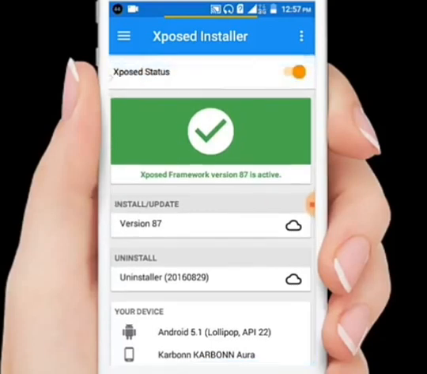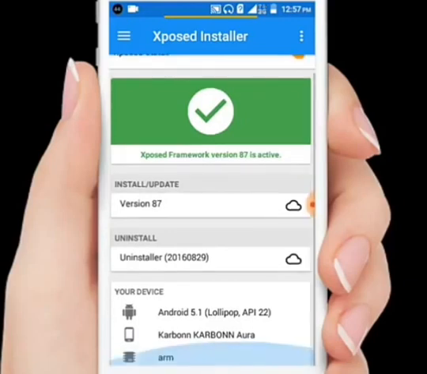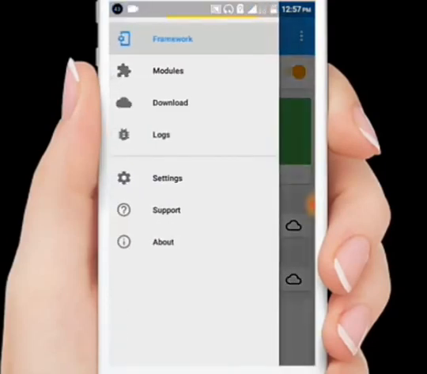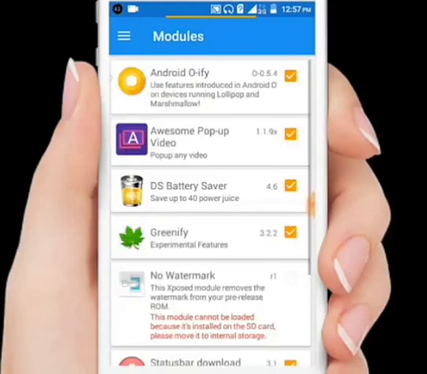After you boot it successfully, your Android device will be rebooting and it will show you Exposed framework is active. Then you just need to tap here, go to the modules, and you can see the Android OFly application is here guys. This is the module.